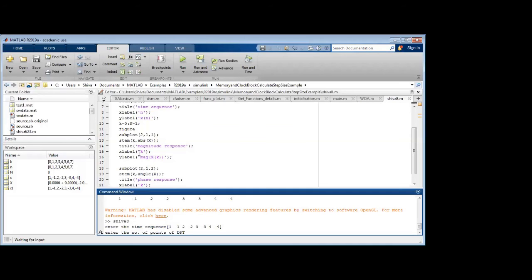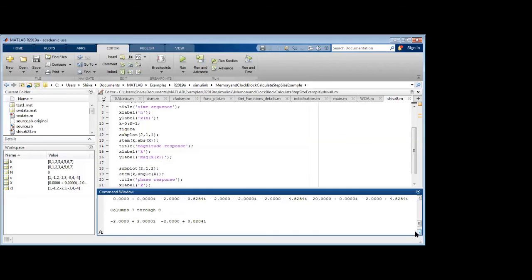So we can see my answer is 0, minus 2 minus j0.8284, minus 2 minus 2j, minus 2 minus 4.824, then 20.0, minus 2 plus 4.824j, then minus 2 plus 2j, then minus 2 plus 0.8284j. Okay, so